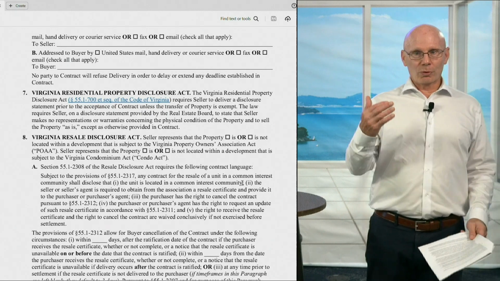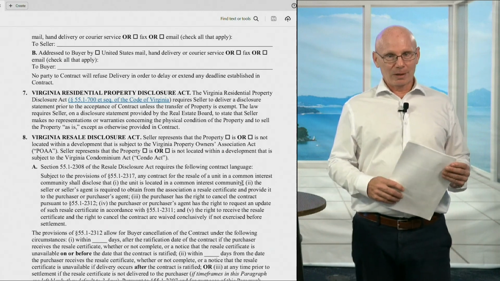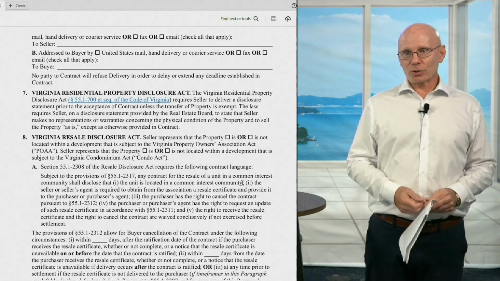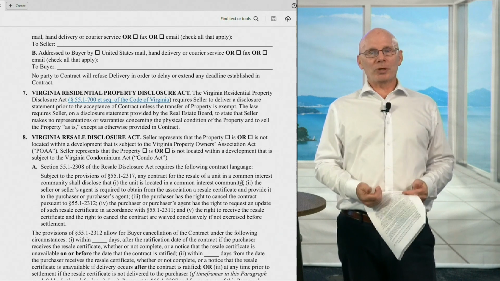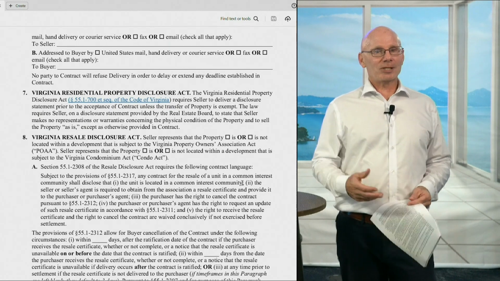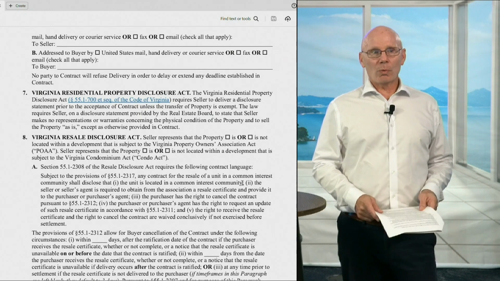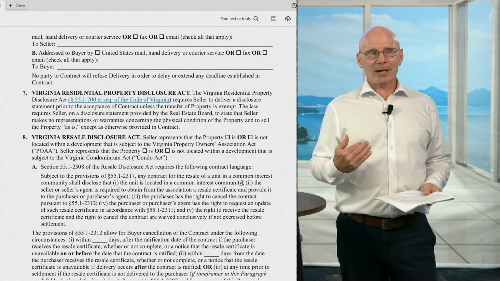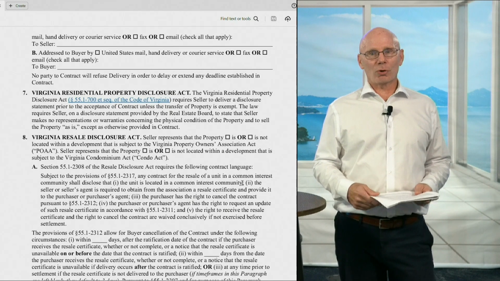So if I go through the documents section of the listing and there's no disclosure statement, I may text the listing agent and say, hey, we're getting ready to write an offer, but I notice there's no property disclosure statement in your documents section. Could you please send me over a signed one by your sellers? If they don't, I send over my contract without it, right? So it's still a requirement. They'll need to fulfill it, but I'm not going to have my client sign it before the seller signs it